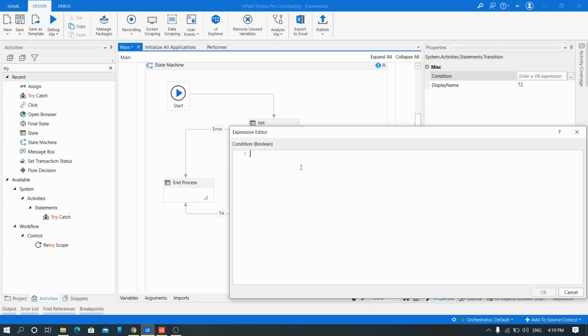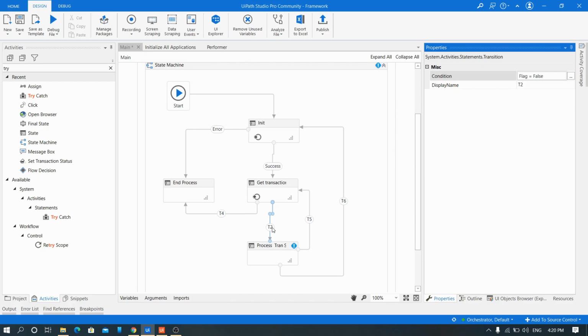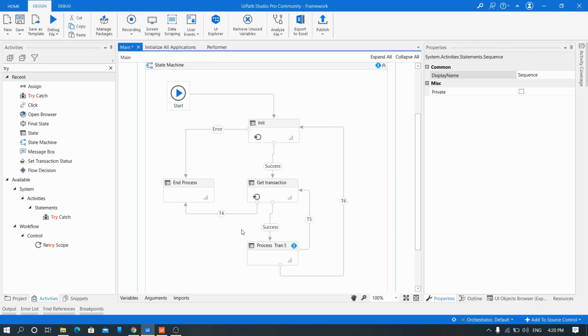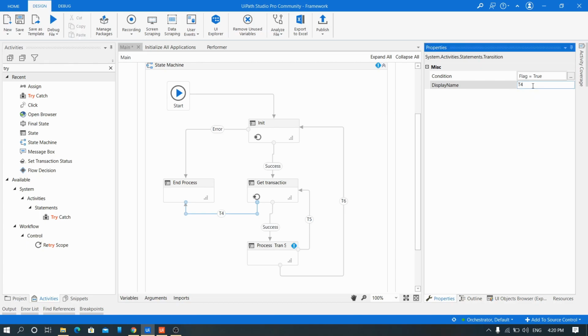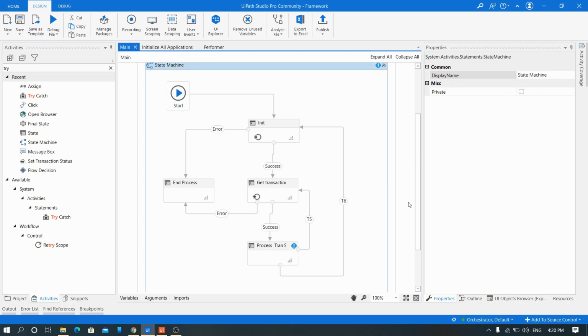When the flag is equal to false, it means this is success, and this is failure or error. Let this be error as of now and let this be one condition as of now.